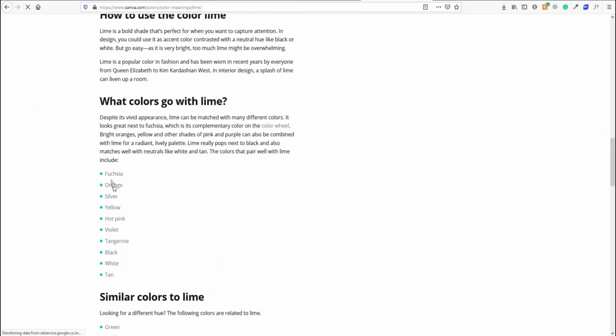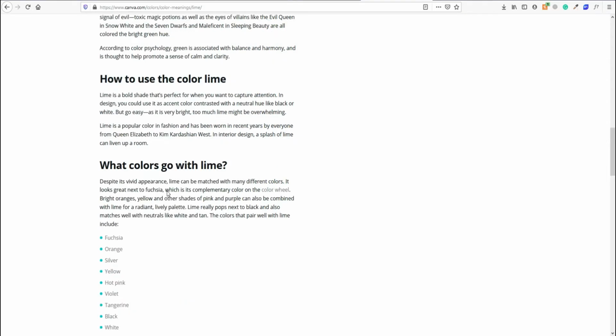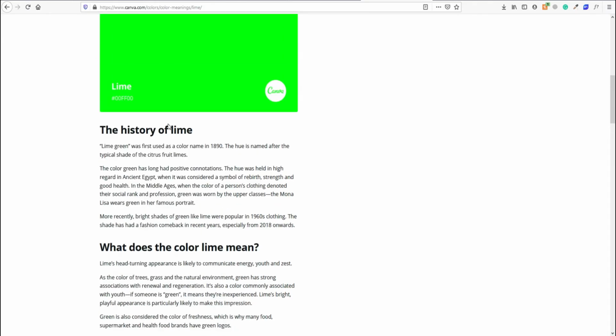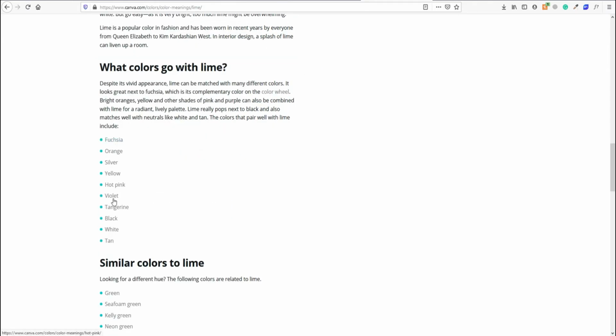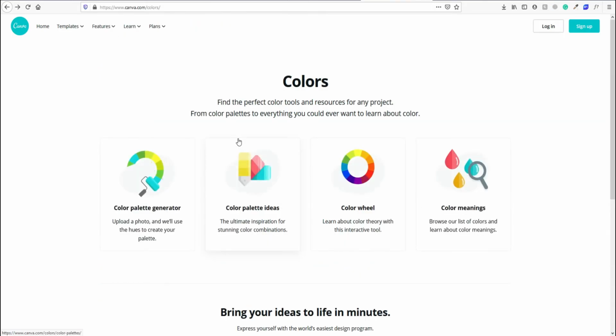They have also listed a bunch of colors which go well with the color you have selected. Like I have selected lime, so they have listed a bunch of colors which suit lime. This site can be very helpful for those who don't know about colors, and I'll recommend you to visit their color wheel and colors meaning section for sure.